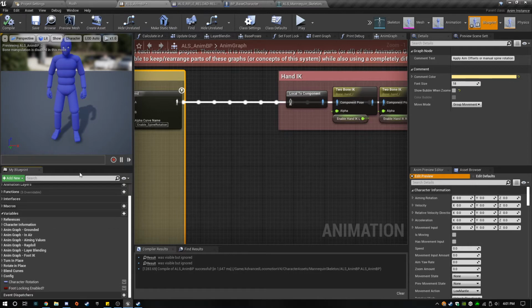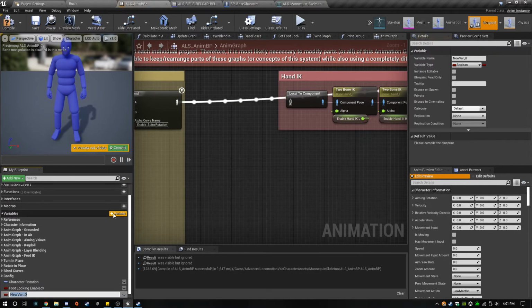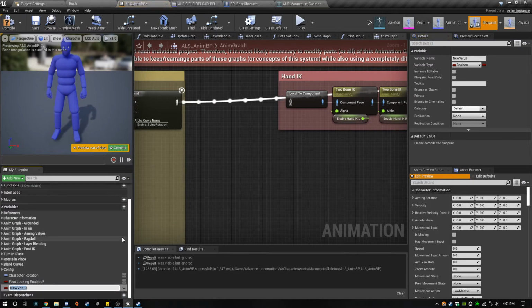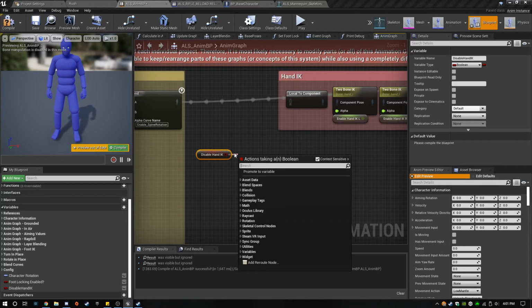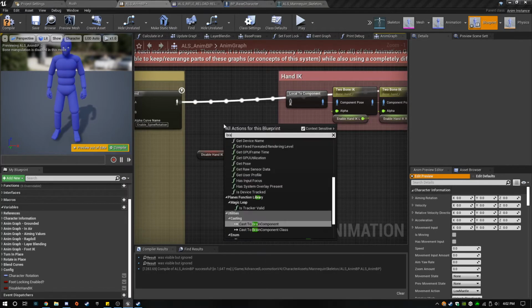Let's make a new variable here, and call it disable hand IK. We'll make it really generic for right now. Yeah, I like that. And we'll just call this disable when we're reloading.